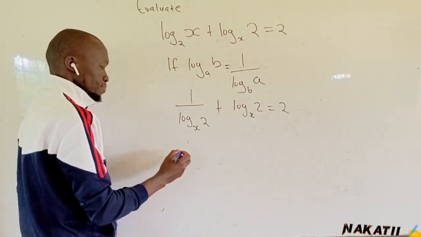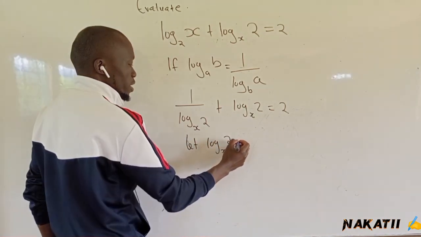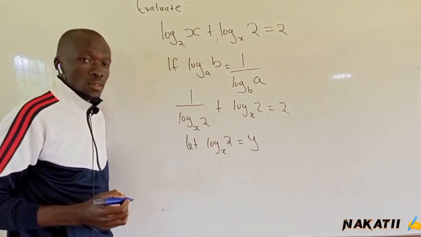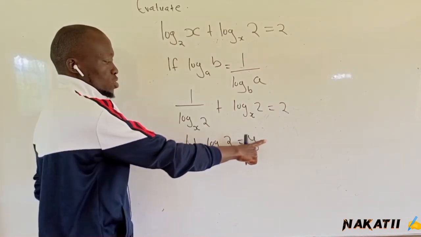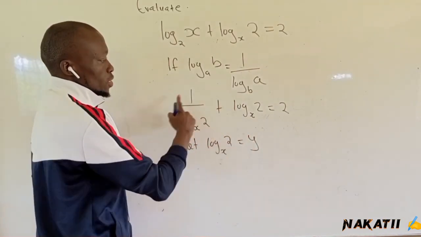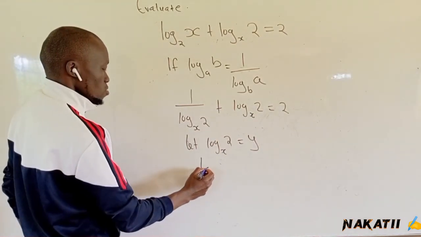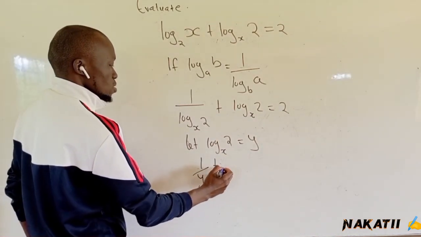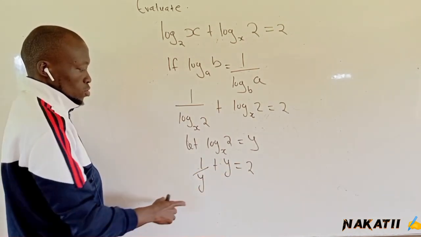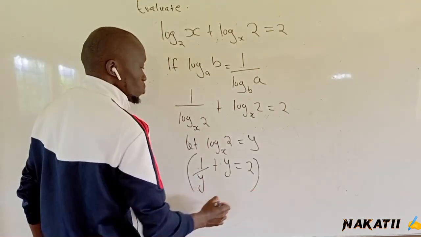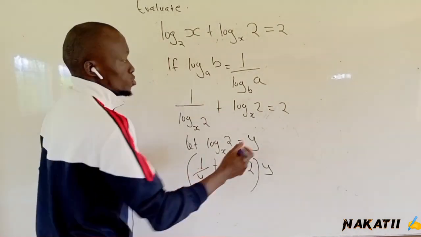Then we can say let log 2 to the base of x be equal to y. We are going to substitute where there is log 2 to the base of x with y in our equation. We will have 1 over y plus y is equal to 2. To make it linear, we multiply everything by y. We will have